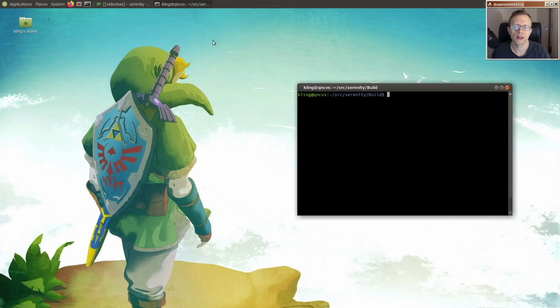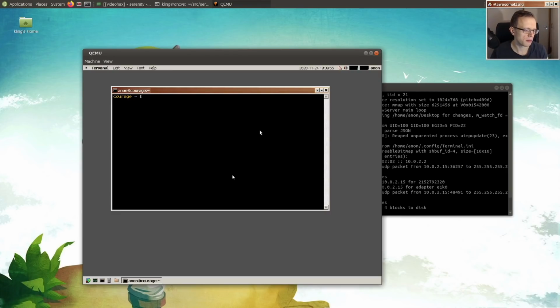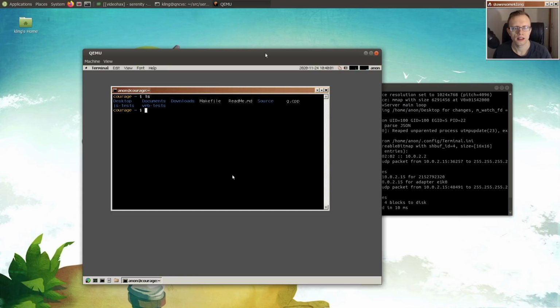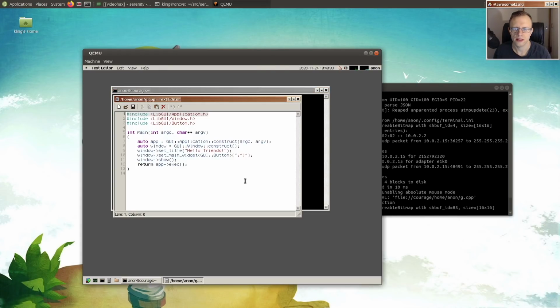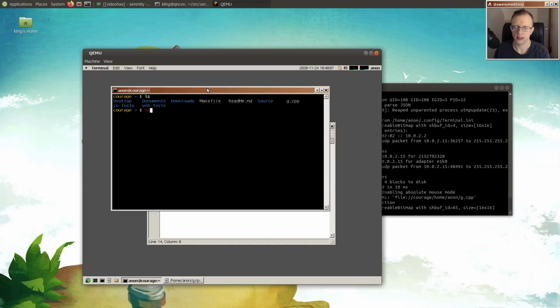Today we are going to look at compiling performance in Serenity, because that was one of the pain points when I was making the last video, developing inside Serenity. So I have a very simple little test program here. It's just a Hello World GUI app basically. And if we build that app,